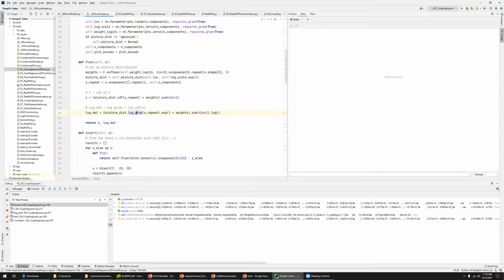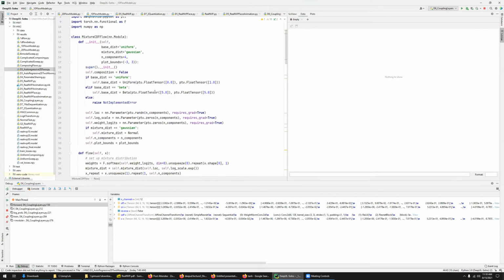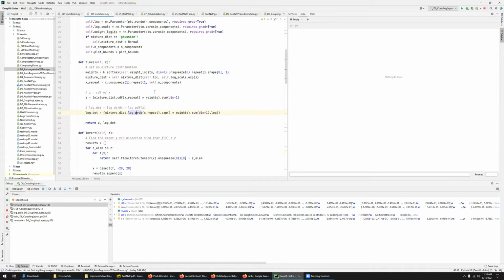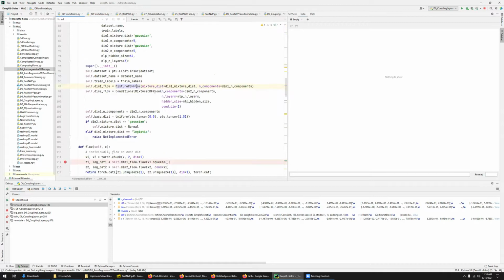And since this is a CDF, this is the PDF, which is the derivative of it. And then we have to take the log of the determinant of the derivative, since it's one dimension. So it's just a log of the derivative. It's a little bit confusing here, but that's the standard one we already looked at, which is just a mixture of Gaussians, right? Okay, and then the second one is slightly interesting. So the first dimension is just the mixture. The second dimension is